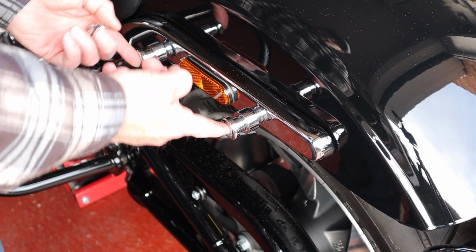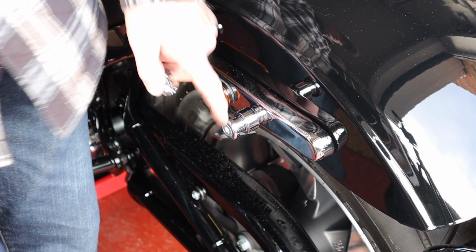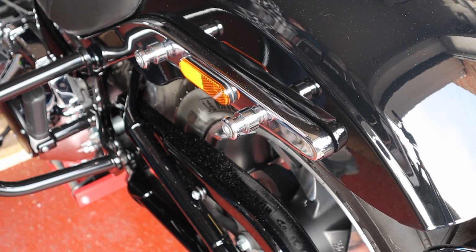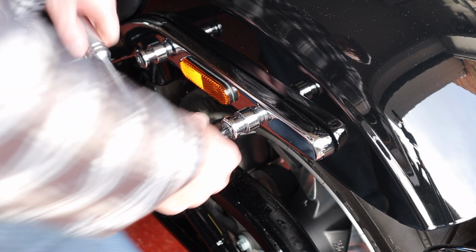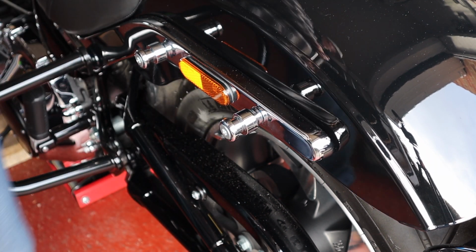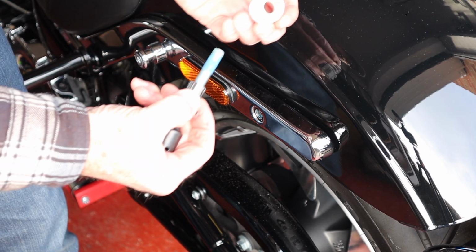It does come with new bolts. I'm just going to use the existing. These are Torx 45s. The other ones are Allen keys or Allen heads, so I'm just going to fit these existing bolts back in, and I'll tell you what the torque settings are in a minute when I come to do it. So let's take it off. Do one at a time. We'll do the rear one first. Comes off, take that bit off,